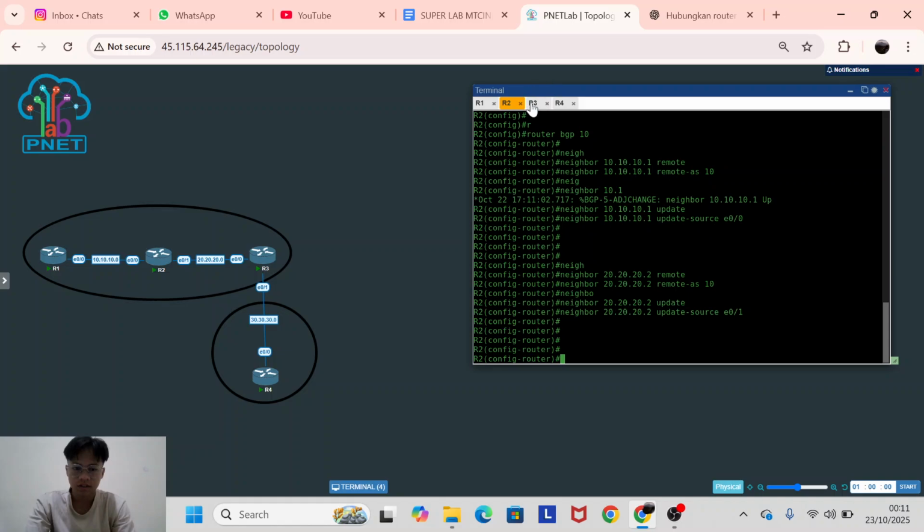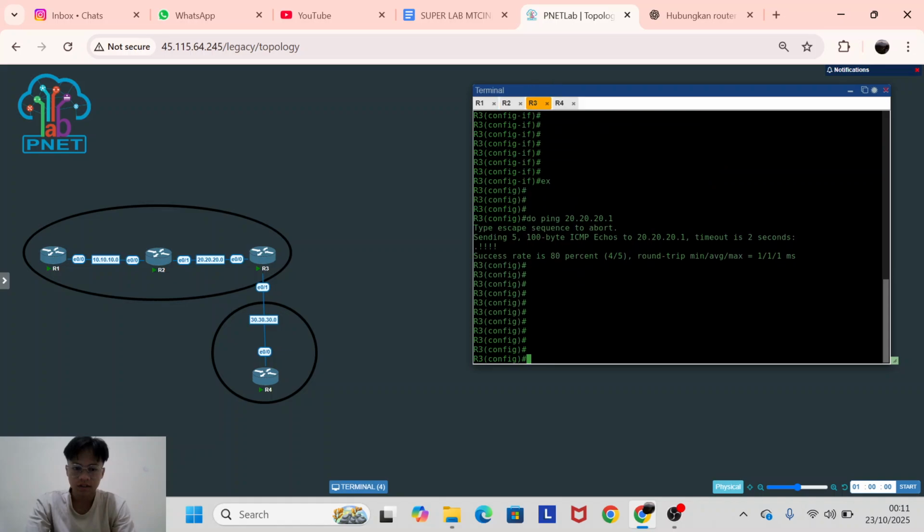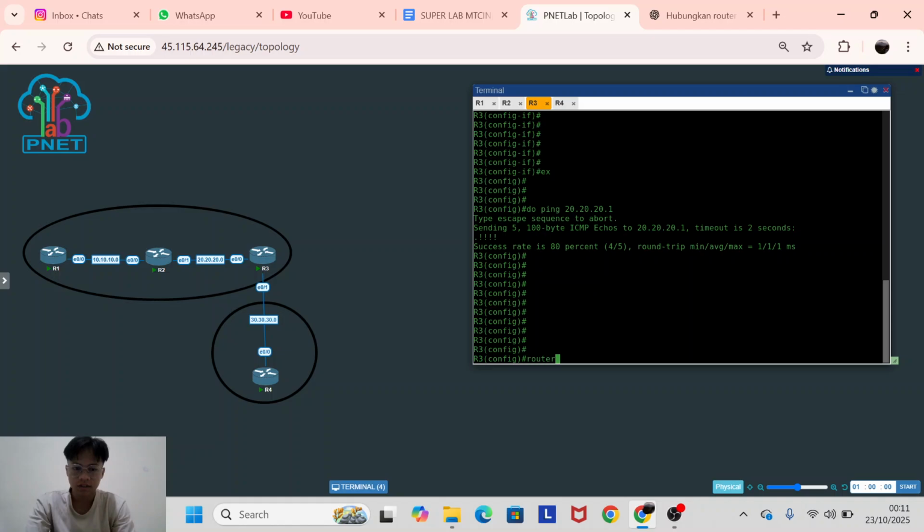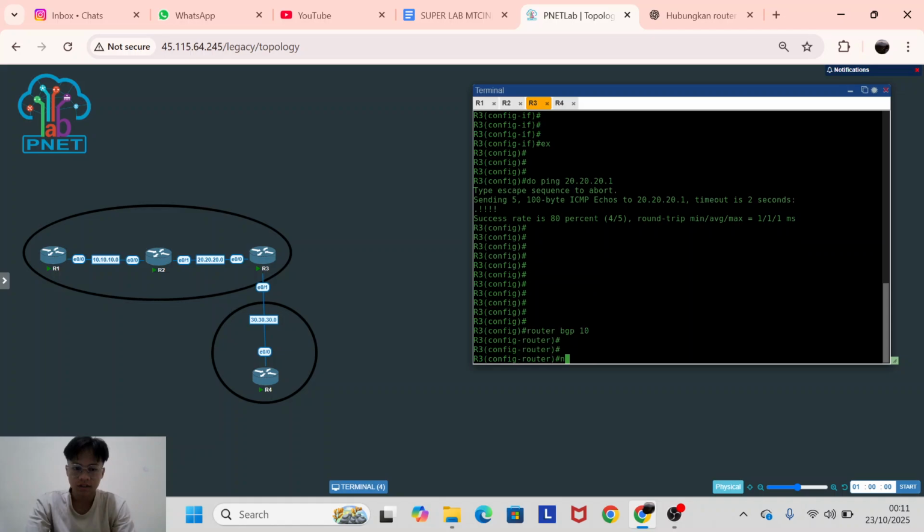now for router 3, router BGP 10, you can add your neighbor. This is the same as router 2, but it's different because router 3 is connected with another AS number for router 4.